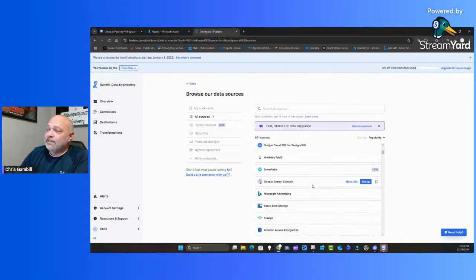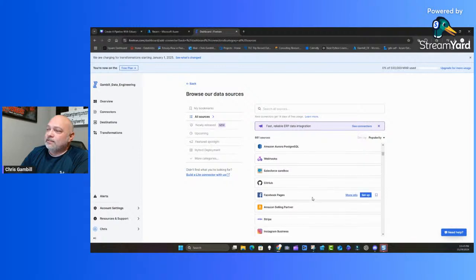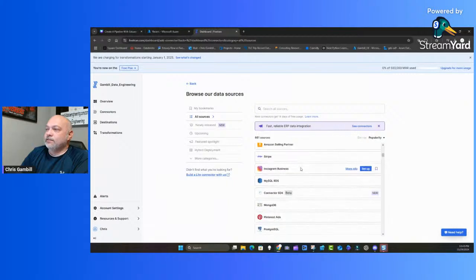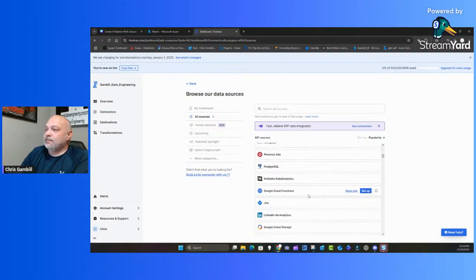QuickBooks is a big one. Workday is a big one. These are really big, popular tools and resources that businesses use. Instagram for Business, Stripe, Pinterest ads. There's NetSuite again. NetSuite's a big one,